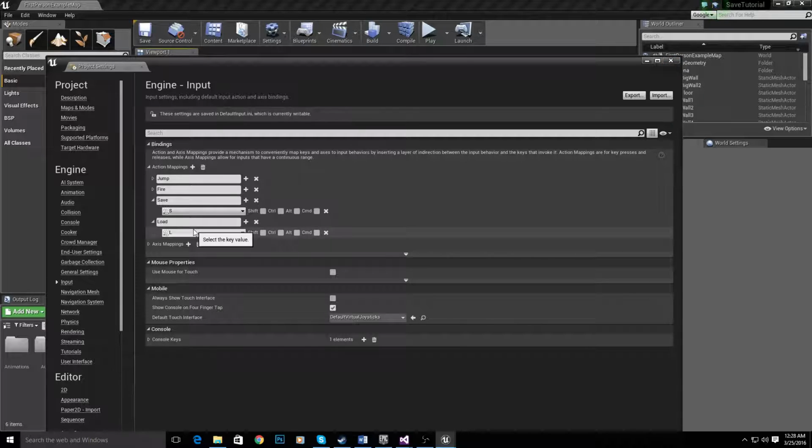I know what you're thinking. WASD is the keys we use to move around, so surely we can't use S to save our game. But that is not true. You can actually use multiple keys for different things, and that works. You probably shouldn't do it, but in this case, it's not really a big deal. Okay,